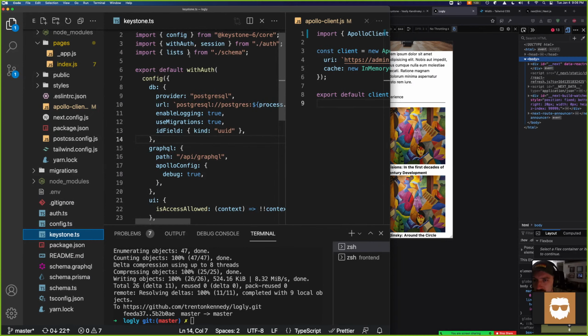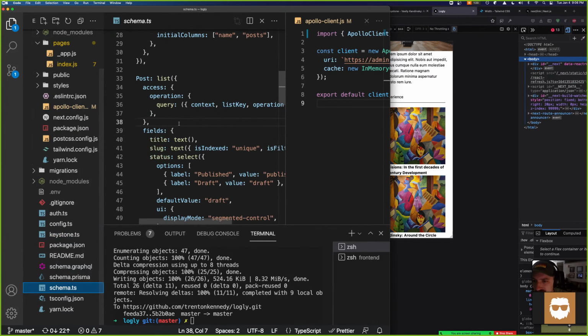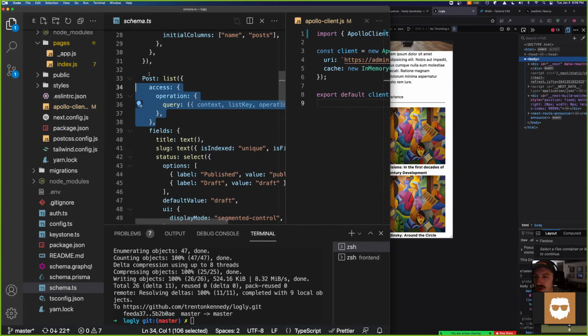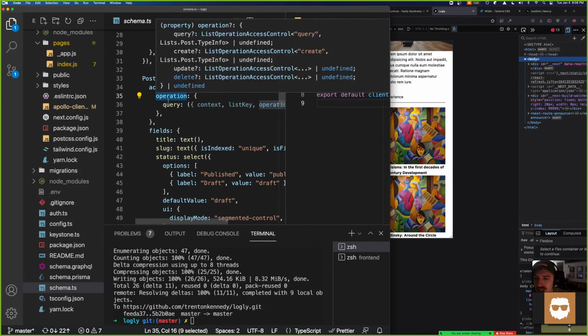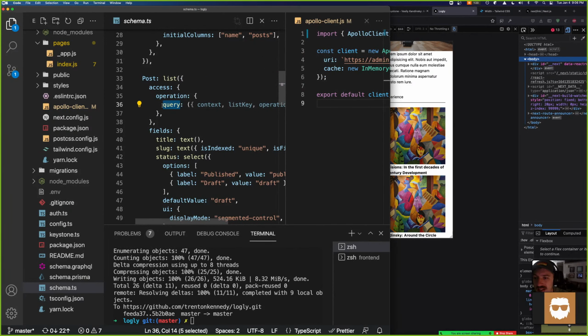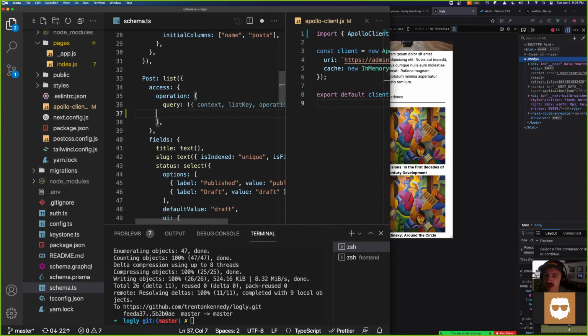Under the config, we import the schema, and in the schema, we define the access level per data type. So for posts, we have an access level that only allows the operation of query. It doesn't allow mutation. We could enable mutation through just adding the mutate option, and then we could define what can be mutated under the post.